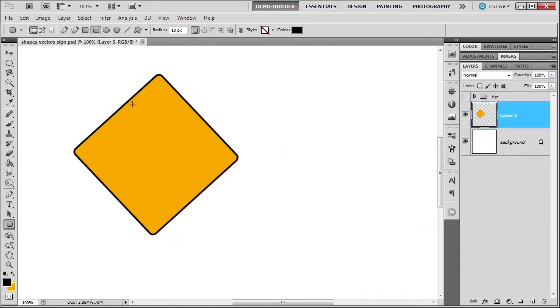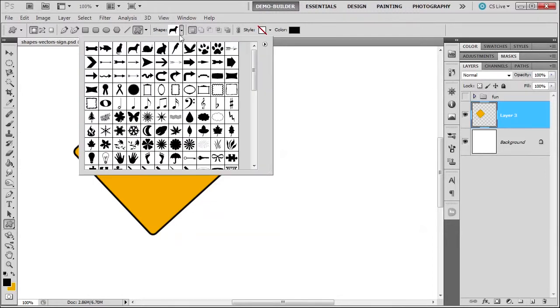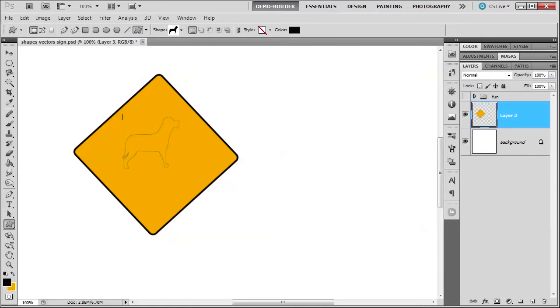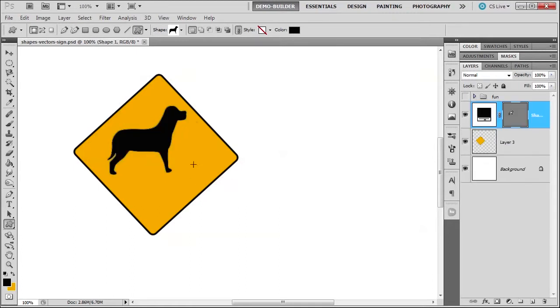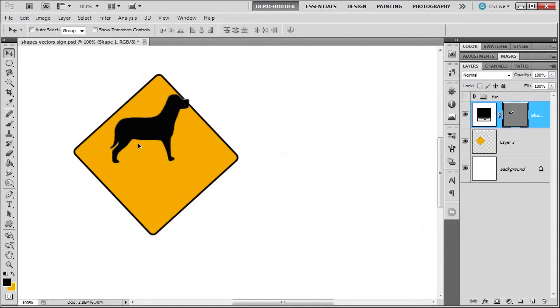Color is black, and then I'm going to choose the dog shape. Alright. And then draw my dog. Press the space bar to center it. And there we go. Shape layer fills it with the color, foreground color black. And what I like about this, it's on a separate layer and I can move the dog and it doesn't